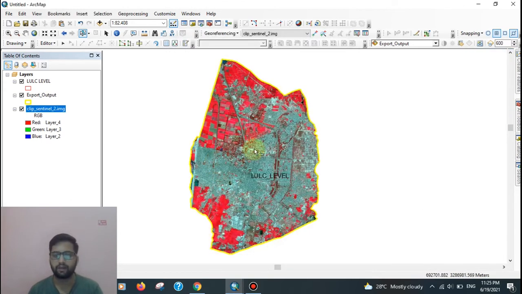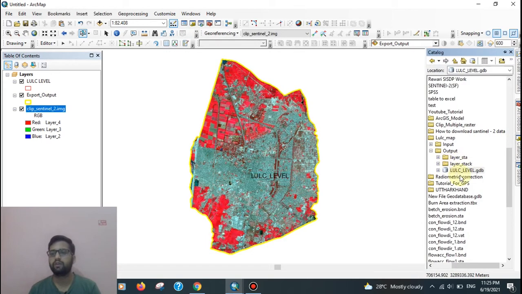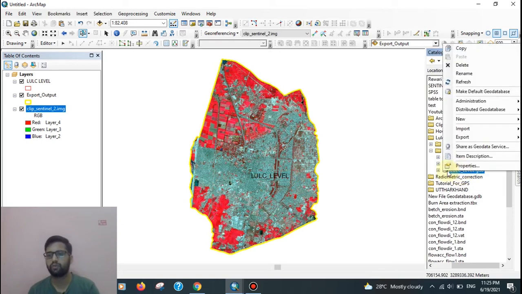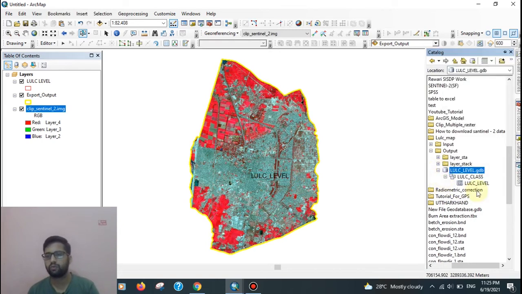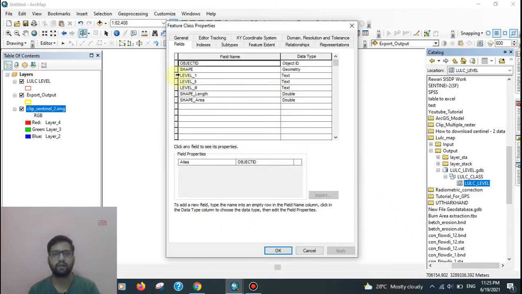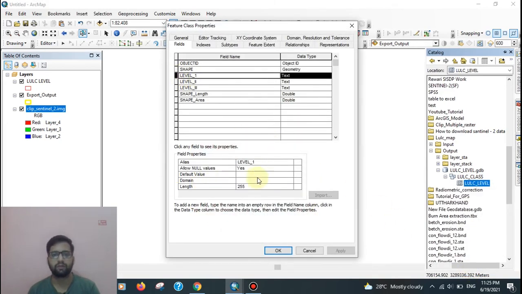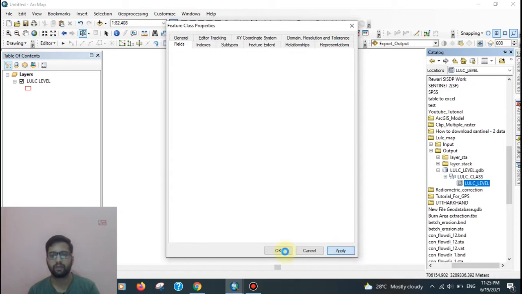After adding and completing the table 2 domain, then go to feature class, properties, here add level 1, the domain name also level 1. Okay, level 2 the domain name level 2, level 3 the level 3, apply.